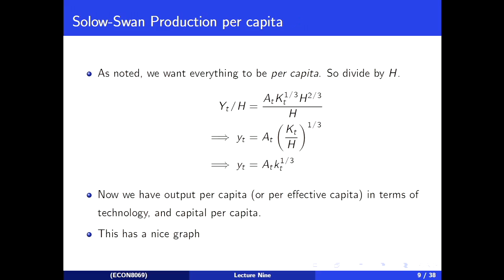And again, all it's saying is low level of capital, low level of output; high level of capital, high level of output, but it's not proportional. If I double my capital, I don't double my output. I less than double my output. And I'm going to redraw this slightly so I can build on it. What I have was fine.